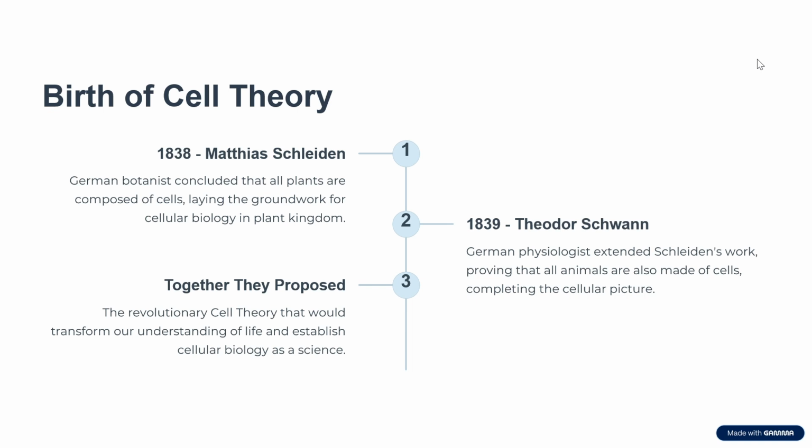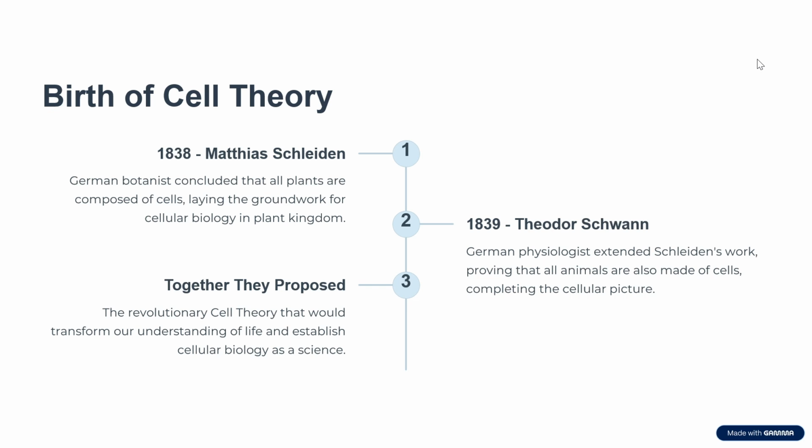In the year 1838, Sir Matthias Schleiden, what did he see? He was a botanist. Who are the botanists? Botany is a science that studies plants, and botanists are the scientists that study the plants. Sir Schleiden said plants are made up of cells. Sir Schwann said all the animals are made up of cells. Together, all living beings are made up of cells.